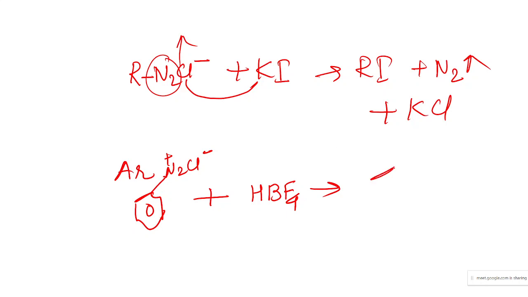Fluorine group will be attached there. This one ring, one fluorine will be present here, and plus that BF, and the remaining compound will be the same type of compound. And if you are to convert a diazonium salt into benzene, then you are to react with any mineral acid. Mineral acid means